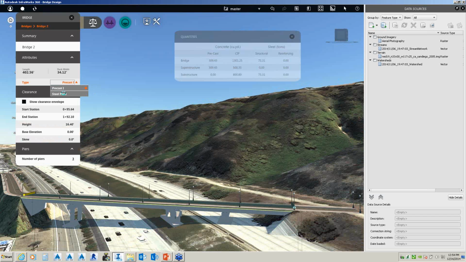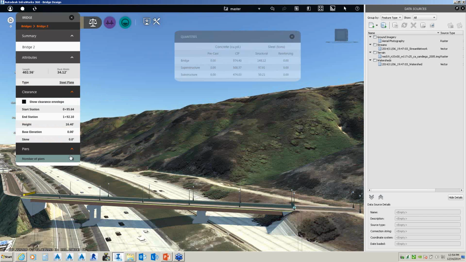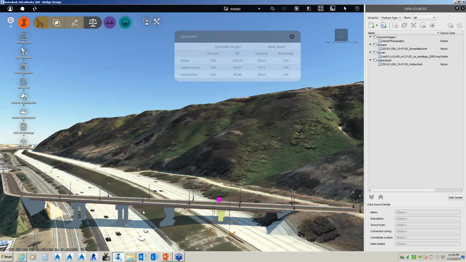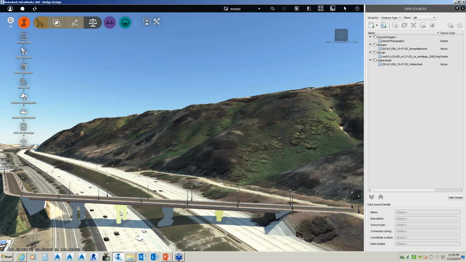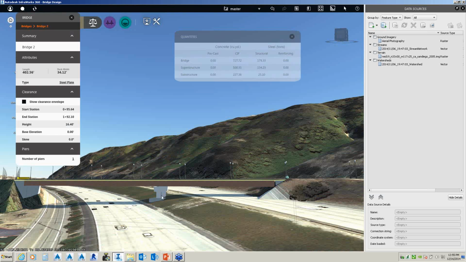So just a little bit of functionality in terms of its dynamic interoperability. So again, my steel in here, I have a number of piers. I'm going to change this to 4 piers. So that takes a second. So now I have 4 piers there. So I'm going to pick this pier here, this one here, and this one here, and I'm just going to delete them. So one of the things we want to take a look at is my steel for my bridge now. Everything dynamically updates based upon AASHTO standards and my bridge design.